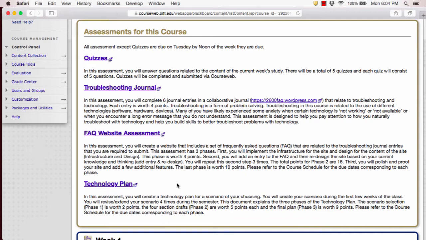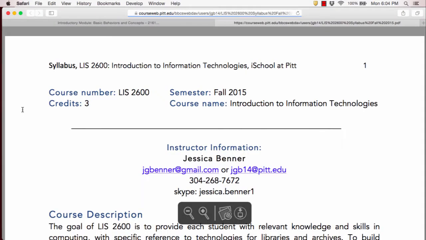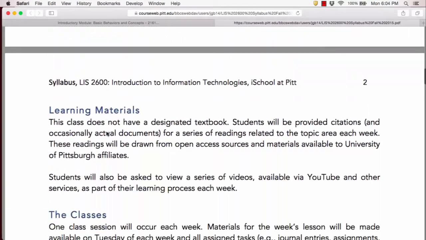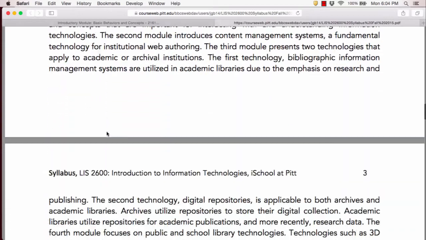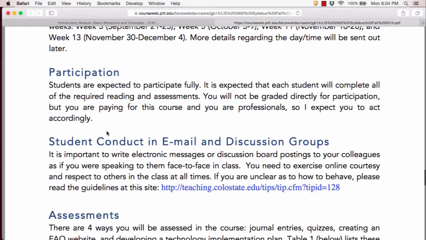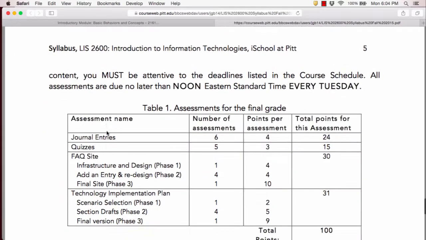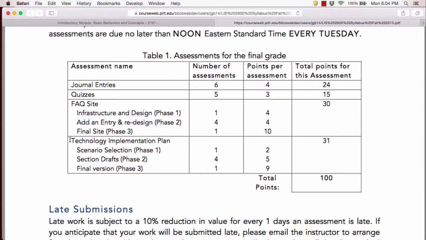Okay, so let's take a look at the changes. First, let me tell you that I updated the syllabus to reflect this new content, so please download a new version of the syllabus. And if you scroll down to the assessments section, to the table, you can see I've removed the compare and contrast essays,